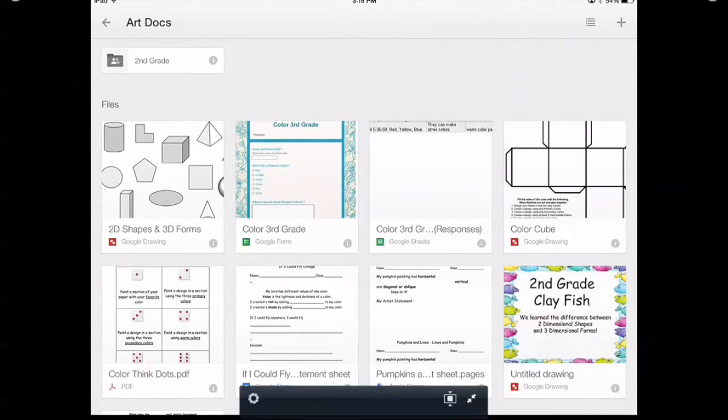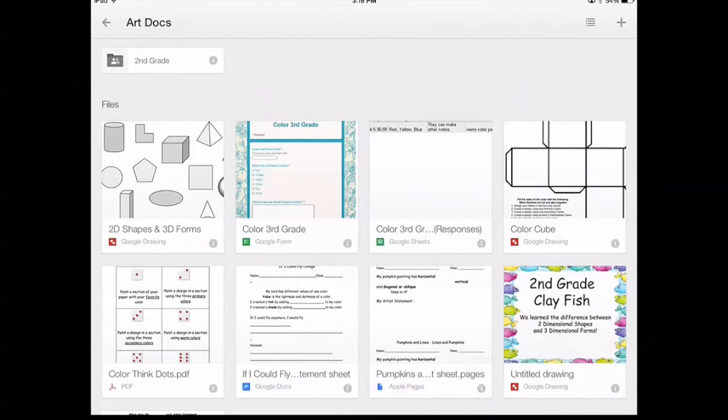So you can't create a Google form on the iPad, but you can utilize them and access them, and the iPads make it a really easy way to assess the students quickly. If you have a one-to-one situation, it very much makes it easy, but even if you have just a small set, you can have students rotate in and take a quick quiz, or even have it be an exit ticket on the way out. I've created a little color third grade quiz, and it's right here in this Art Docs folder,